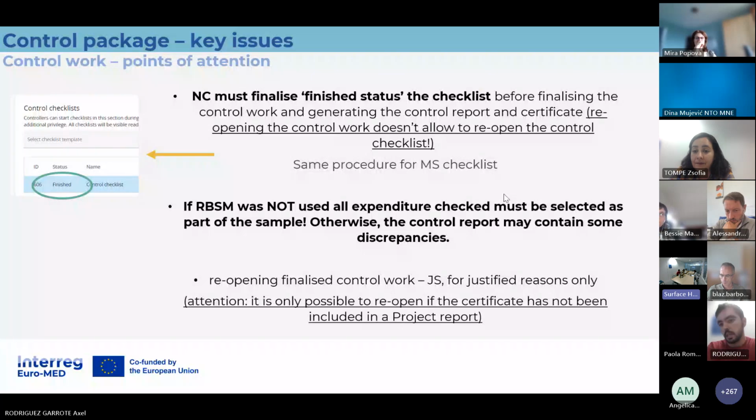If no explanation was provided, it depends. If the control has already been submitted and everything is certified, you can include the certificate nonetheless in the project report. Especially if you are in a hurry, you can include it in the project report, and then during our verification, we might ask for the missing responses to those questions. If you still have time, there's also the possibility of creating a new checklist.